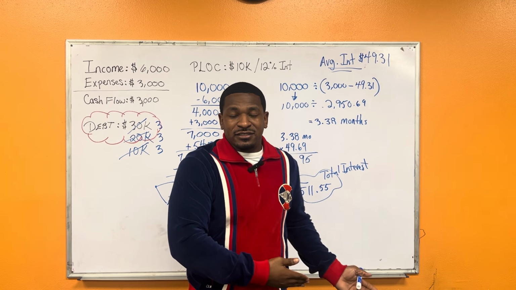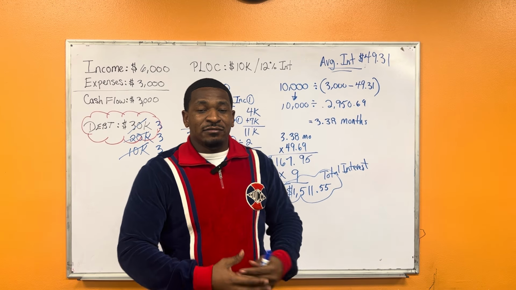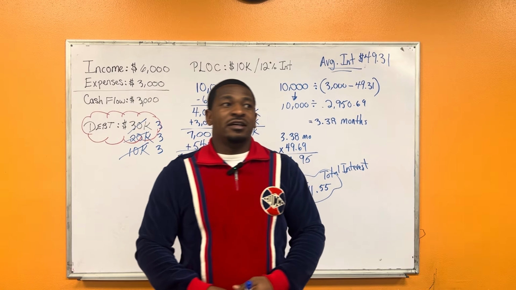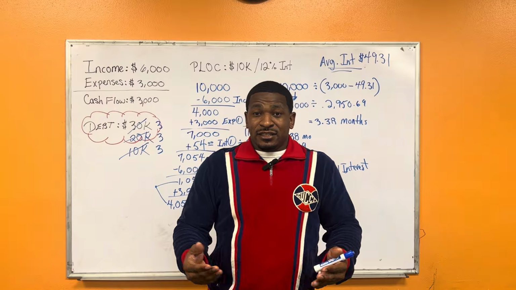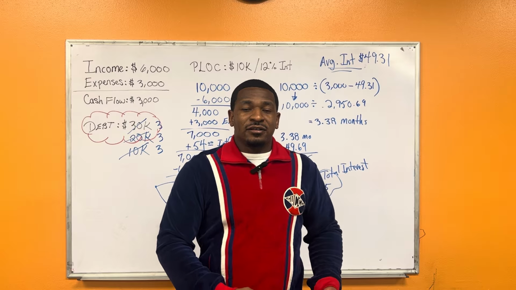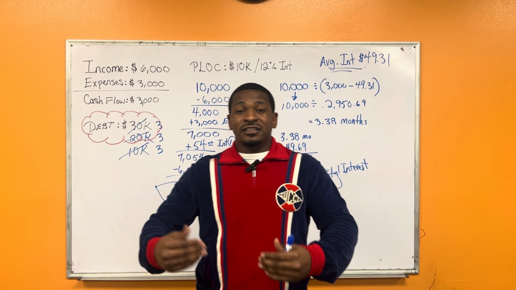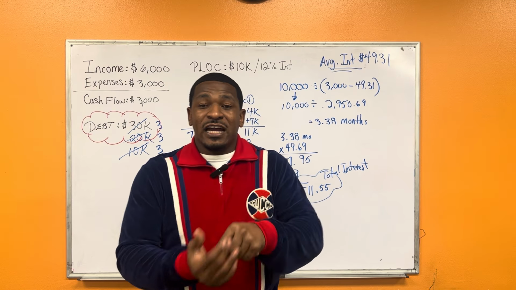They don't even know about these type of tools and this type of math to even figure out what's the average daily balance, what's the average interest, what's time of payoff. They don't even know the formulas. I'm not saying that it take a rocket scientist to figure it out, but this is not what they're telling you, right? So this is why a personal line of credit works, because we are on average daily balance and